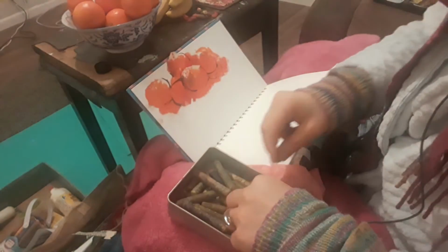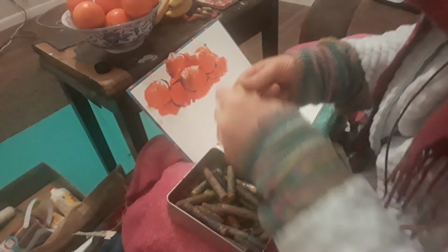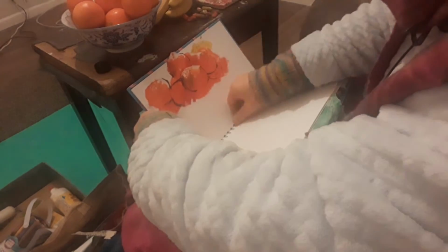And you know, there is a lemon over there behind that as well. That's not yellow, that's white. This looks yellow. There we are. There's a lemon back there. Right, now I'm going to get on to...